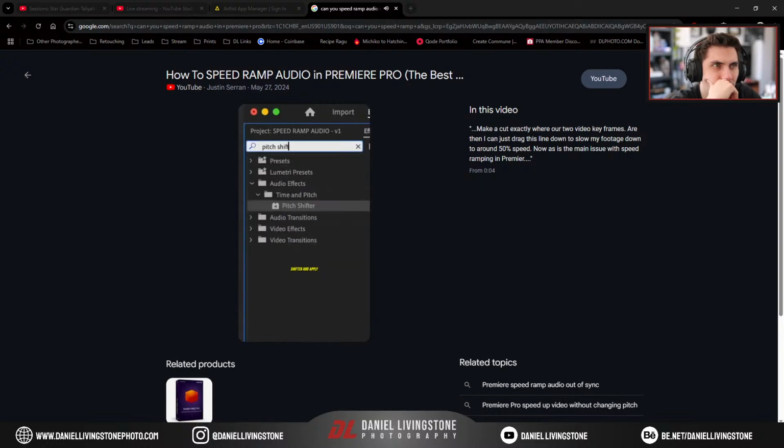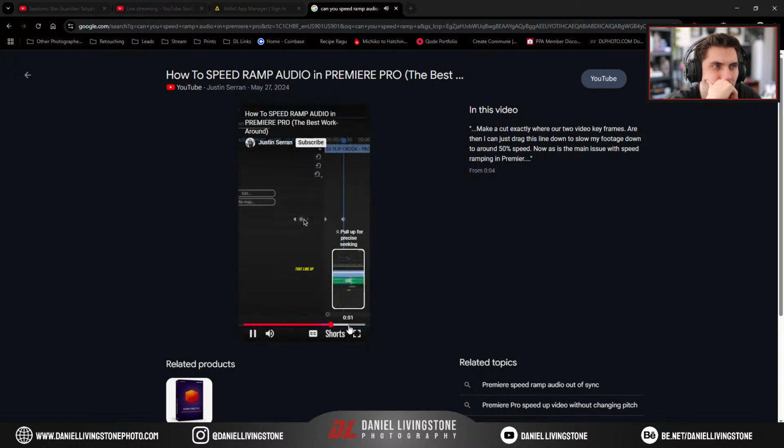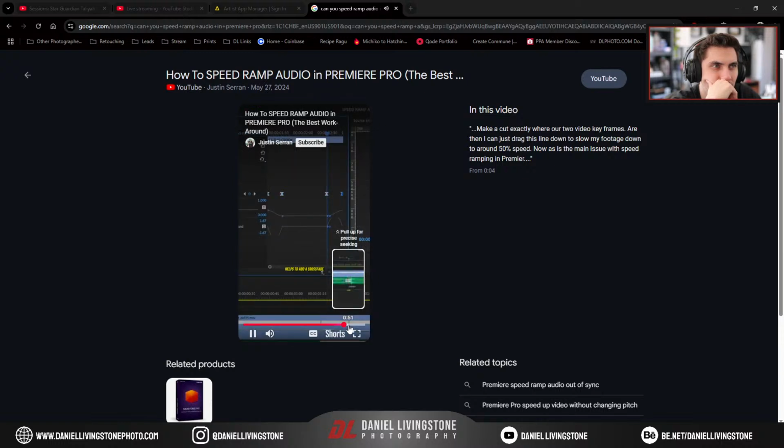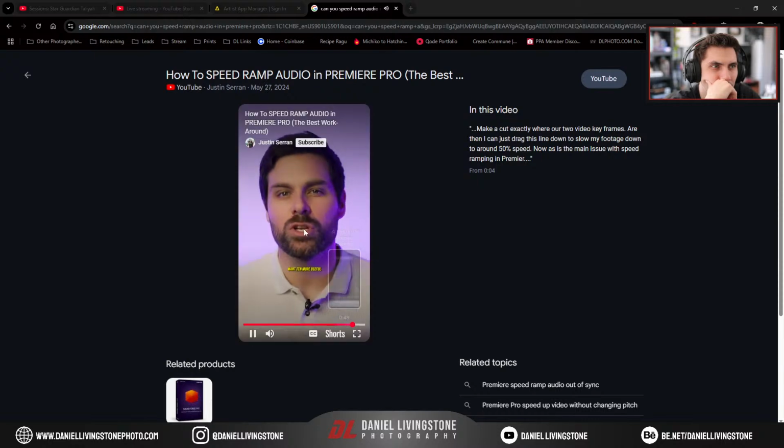Search for the effect pitch shifter and apply that to the slowed down audio clip. Then we can open up this individual parameters tab and create 4 keyframes for transposed audio that line up exactly with our video speed ramp handles. Set the value of the second and third keyframe to 50 to match our 50% slow-mo speed and ease the keyframes in and out. Finally, I find it helps to add a crossfade on the audio clips as well, like this. Now, if you want 10 more useful audio tricks just like this,